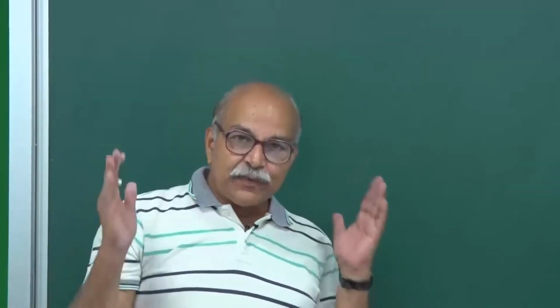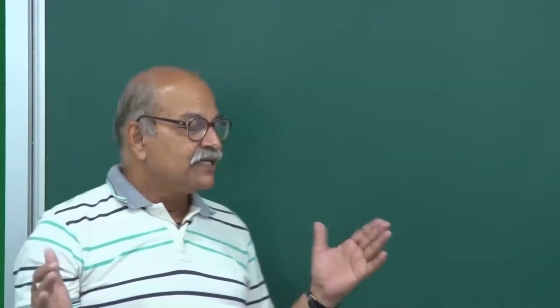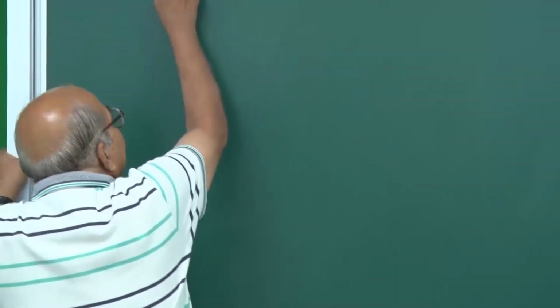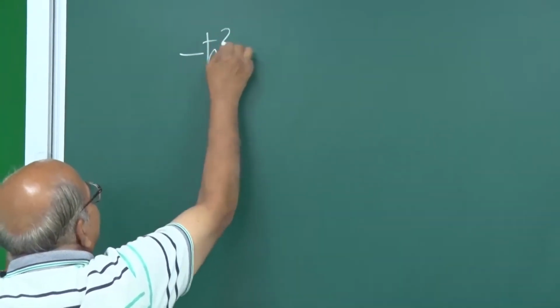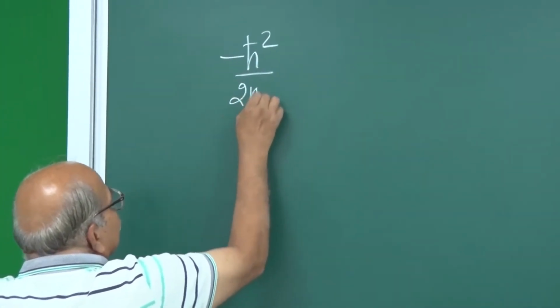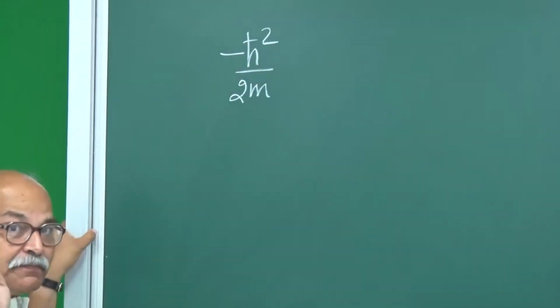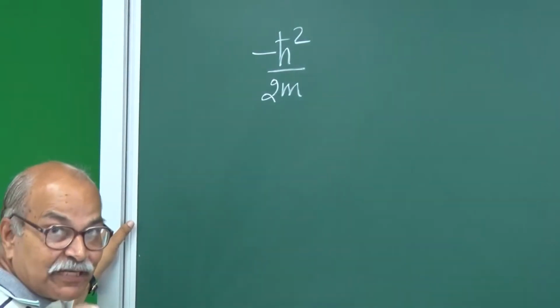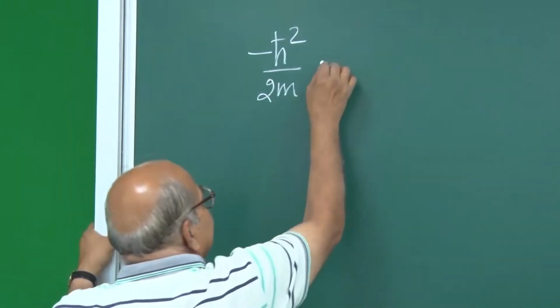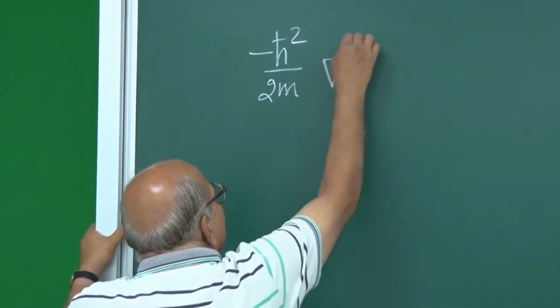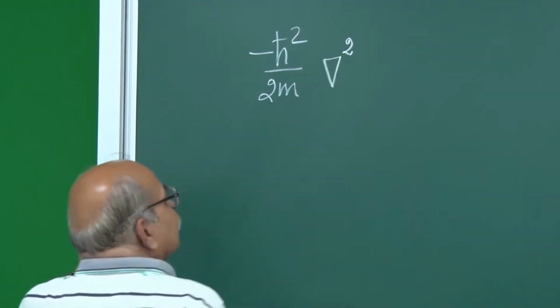The central equation is minus h cross square by 2m, where h cross is the same Planck's constant divided by 2 pi, and then this del square, I'll talk about it,